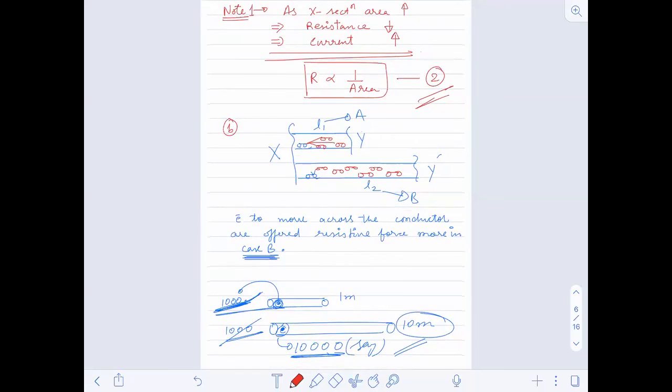See here. Actually, Harit, try to understand one thing: whenever a conductor is connected to a battery, that electron,